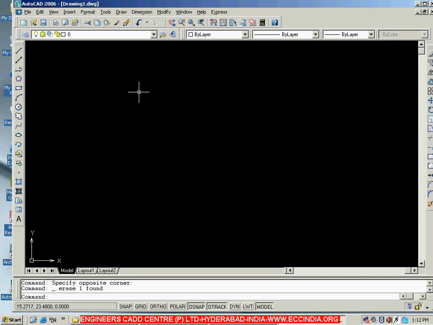And right now we have only 5 toolbars, but other than these 5, if you want to get any other toolbar, then you can go to any one of the existing toolbars, either it is draw toolbar or modify toolbar or layers or properties. Then right click on the toolbar.